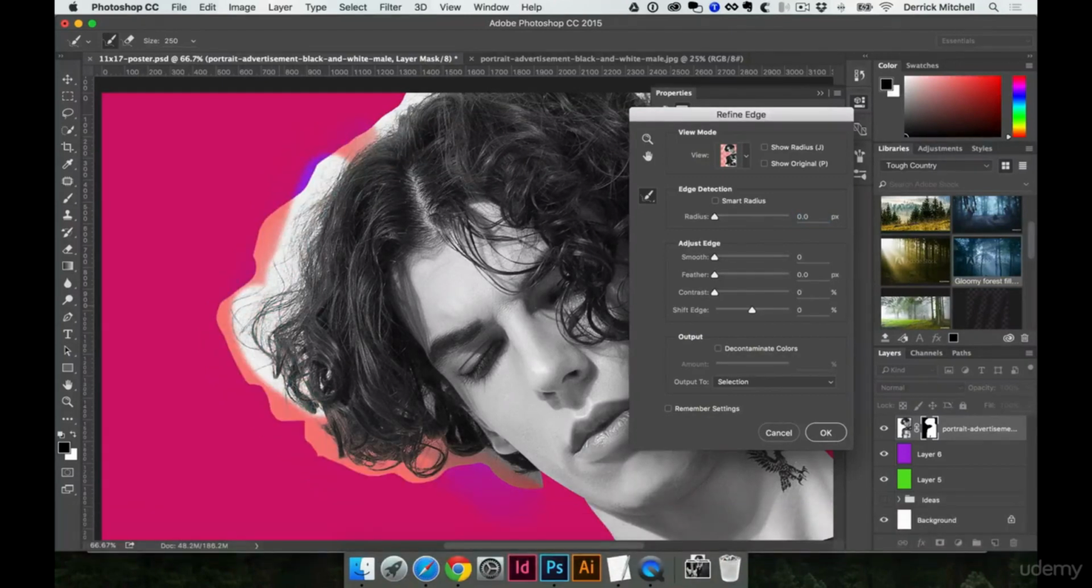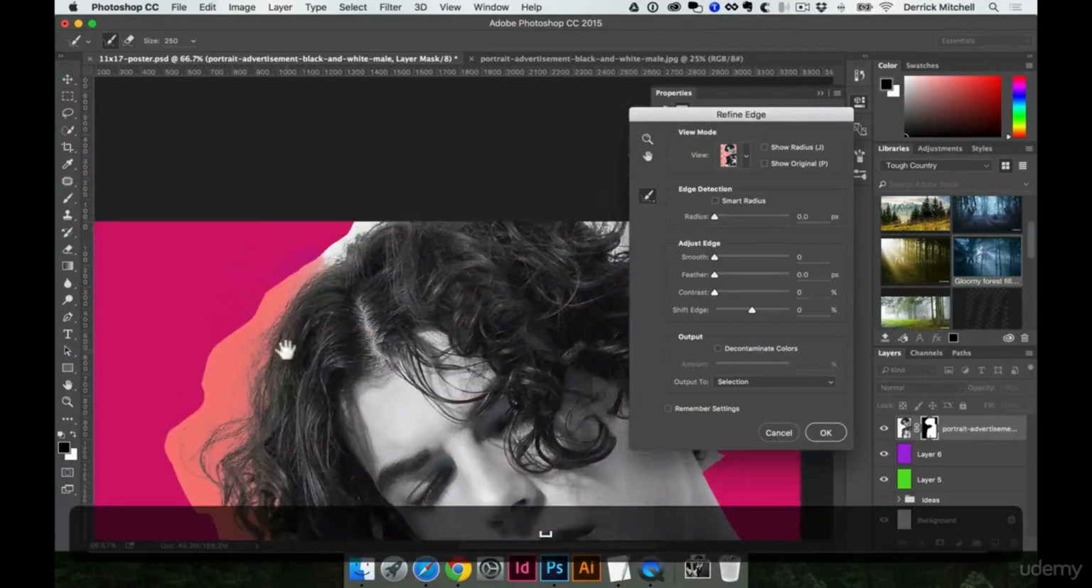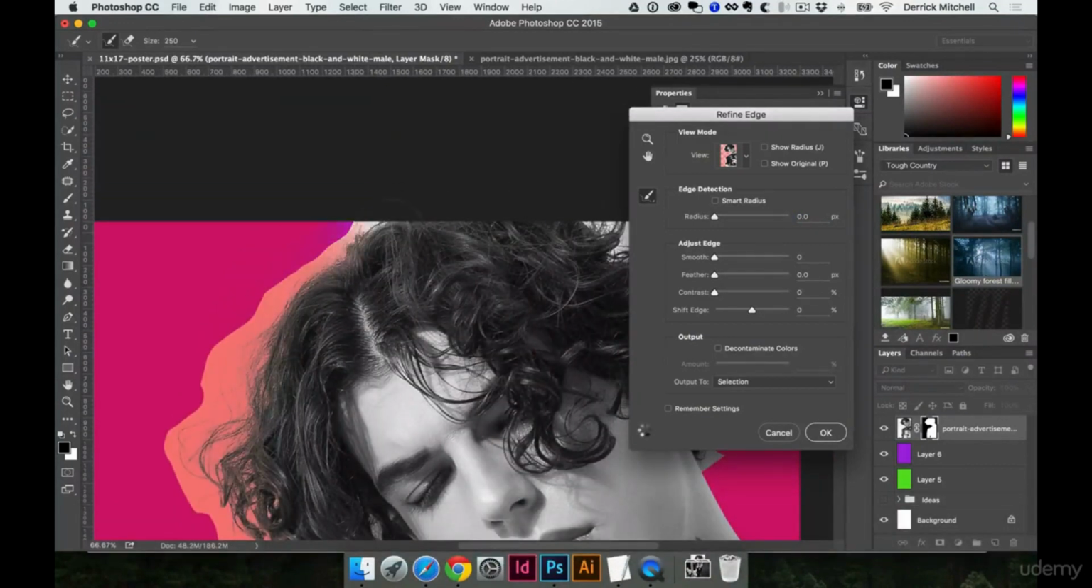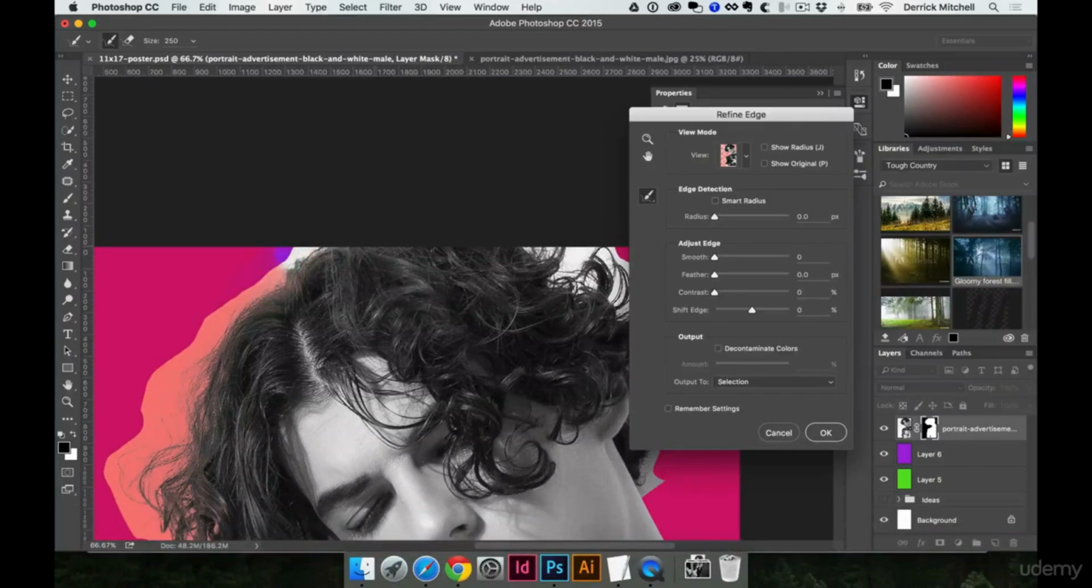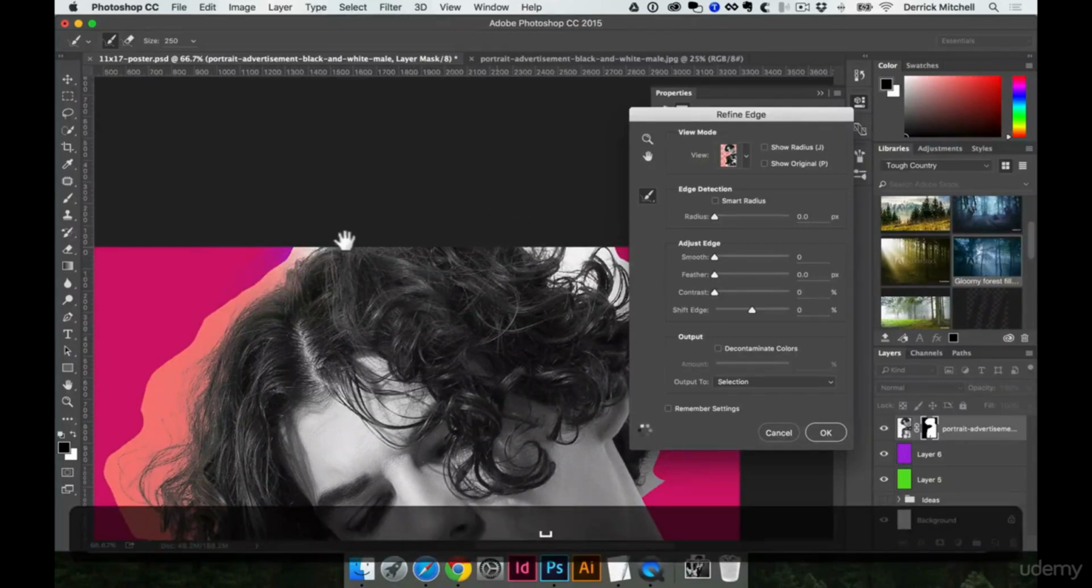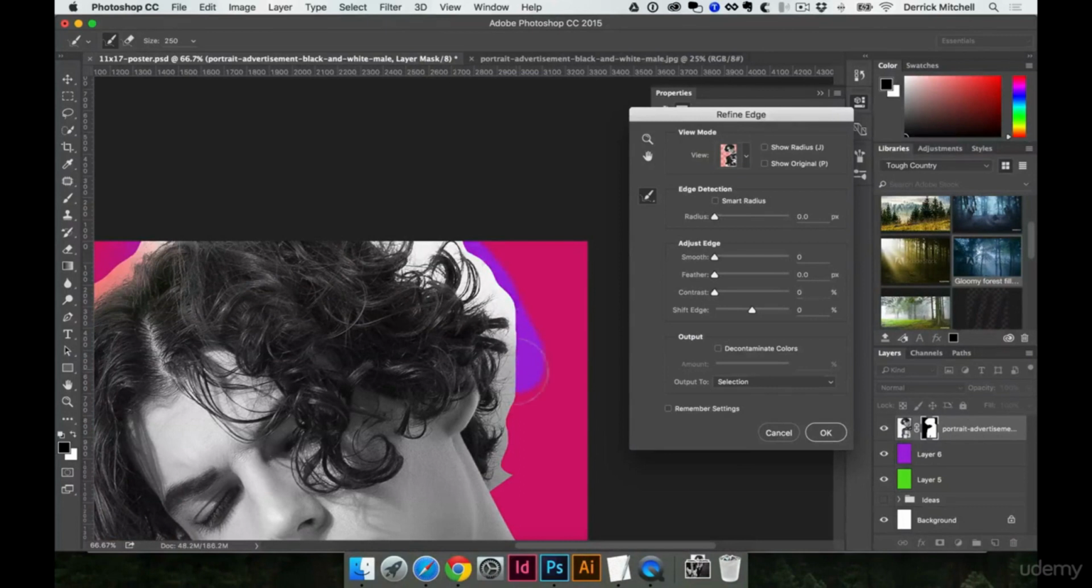So I just kind of paint over the hair a little bit, and look at that, it just knocks out everything behind that's not hair. So this refine edge tool is amazing. It really saves a ton of time. So I can click over here and just kind of drag around the image to